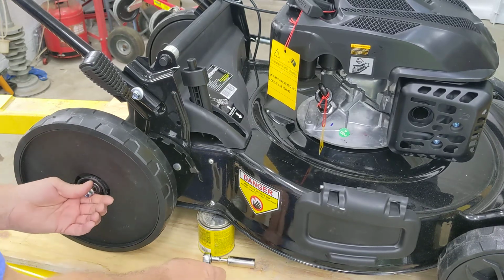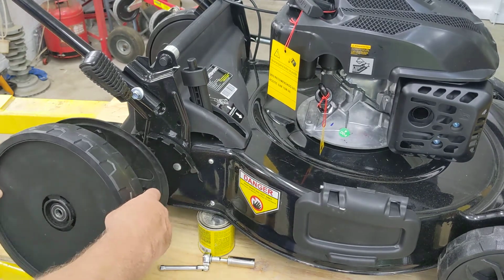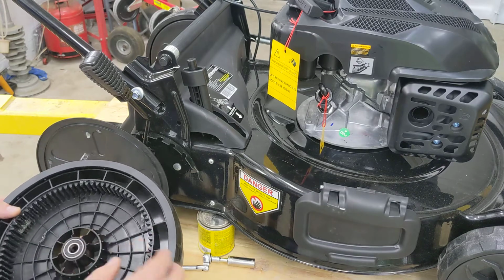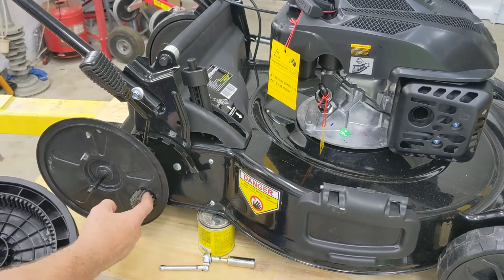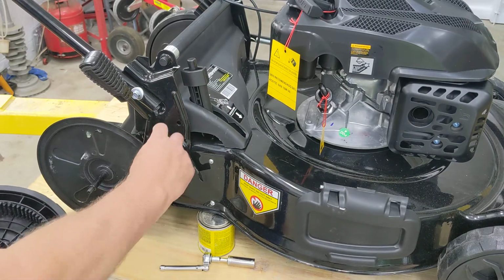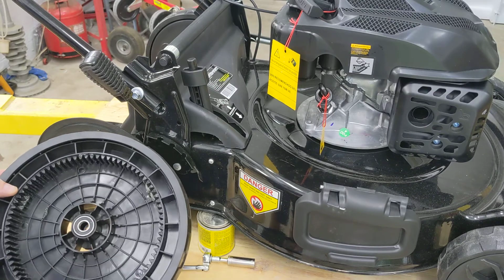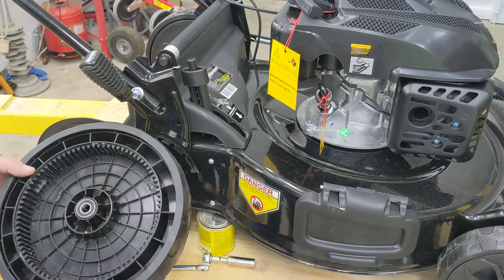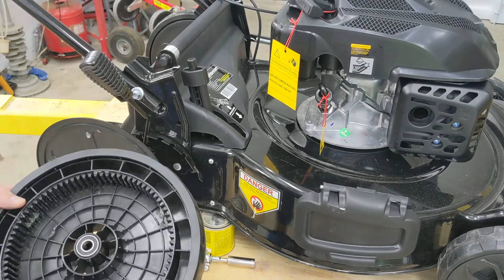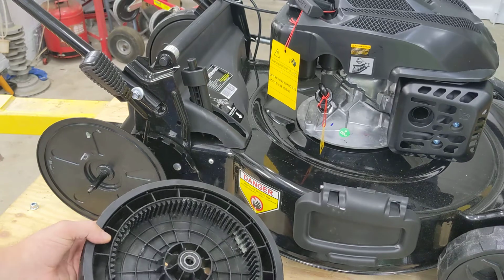So I wanted to take a look at this. And so this is a solid plastic wheel, and it's got 2 bearings in it. And the drive gear looks like it's made out of metal, and this is just a dust shroud here. But the gear on the wheel is just a part of the wheel itself, and plastic, and I'm not sure really how long that would hold up over time. I think I would prefer something a little more durable, especially